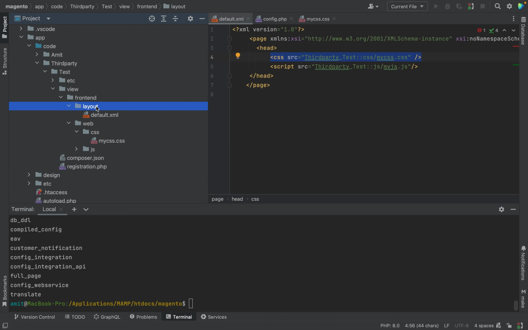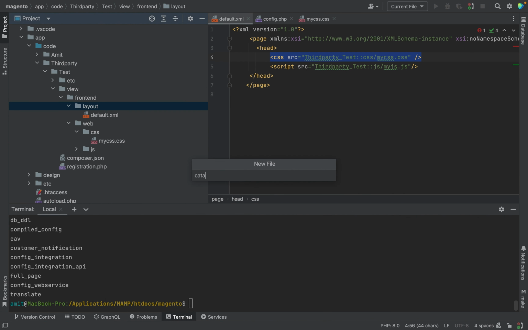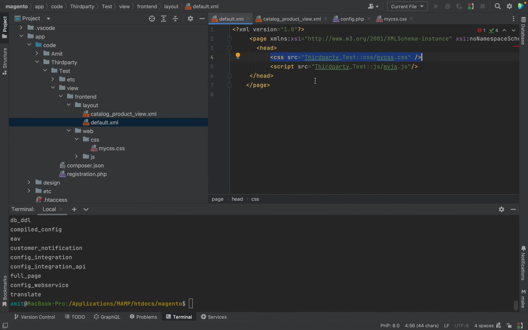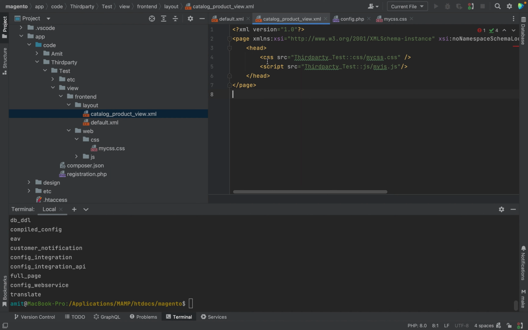We know we have a specific layout handle for the product detail page, which is called catalog_product_view. So I will open the catalog_product_view.xml file and move this code from default.xml to catalog_product_view.xml.